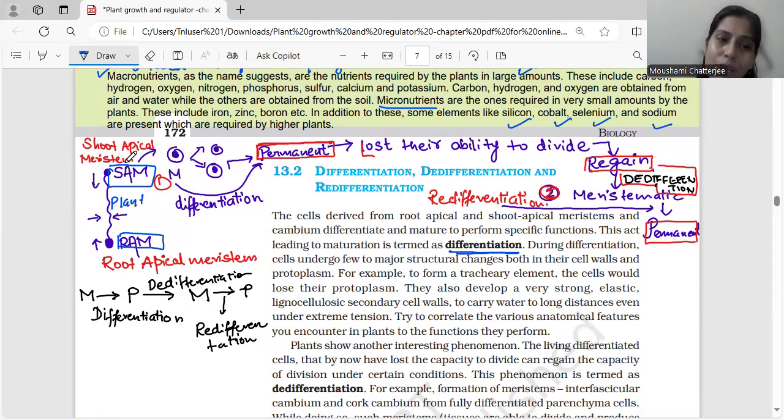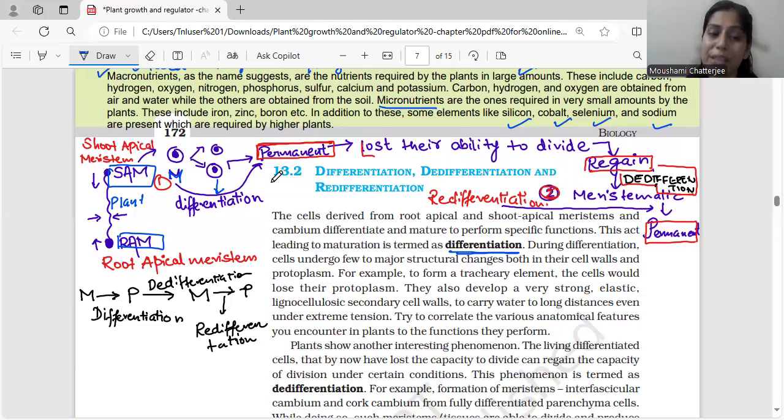So you can see that the shoot apical meristem and root apical meristem are undergoing cell division because they are meristematic tissue and they have a lot of potential to divide continuously. Now, what is going to happen is when the meristematic tissue divides, this is the first meristematic tissue, it is dividing and forming two daughter cells. One is participating in the other works and the other one is going to undergo differentiation. Okay, this undergoes